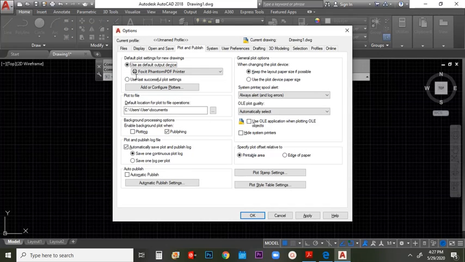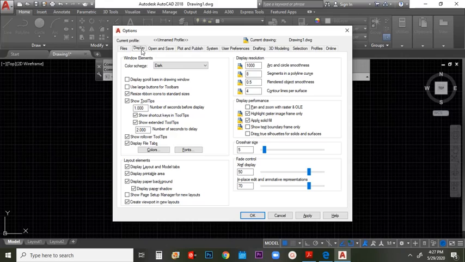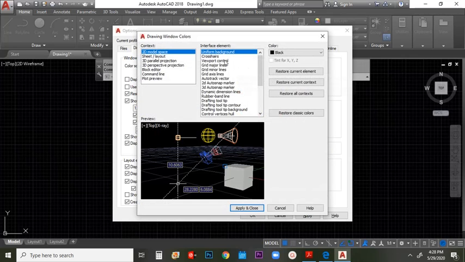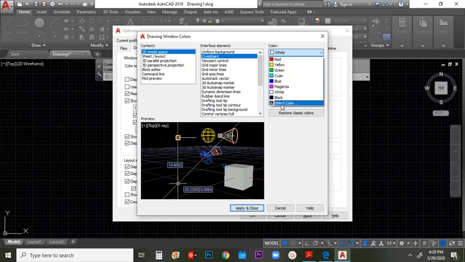You will be prompted to an option screen. We will be editing the crosshair. So go to display, and then look for the area wherein you can find the crosshair size and maximize it to 100%. Just slide it to 100%. Next, you go here to colors, and then you go to crosshair and just change the color of the crosshair.